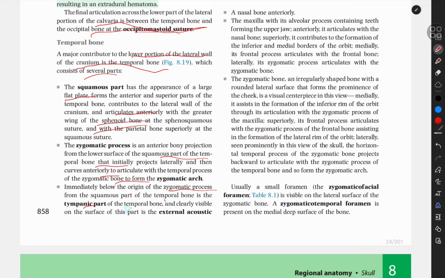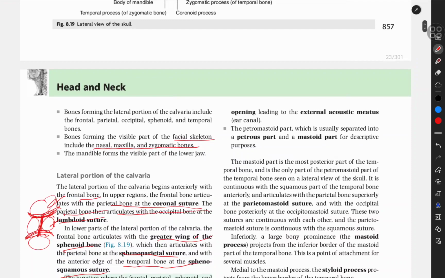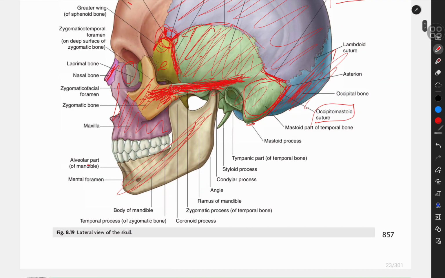Immediately below the origin of the zygomatic process from the squamous part of the temporal bone is the tympanic part of the temporal bone, and clearly visible on the surface of this part is the external acoustic meatus. Right below this arch formation is this thing here, and this is the tympanic part of the temporal bone, external acoustic opening, and inside is the external acoustic meatus